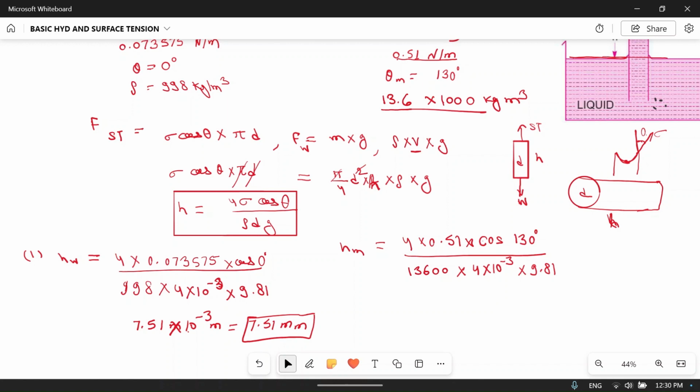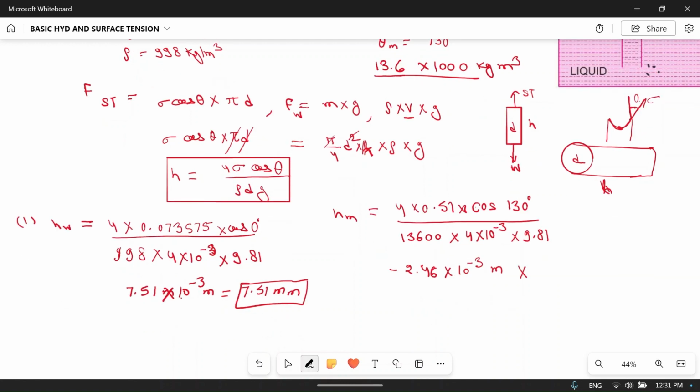So if you calculate this, then you will get minus 2.46 into 10 to the power minus 3 meter. If you calculate in mm, then you have to multiply by 10 to the power 3, so you will get minus 2.46